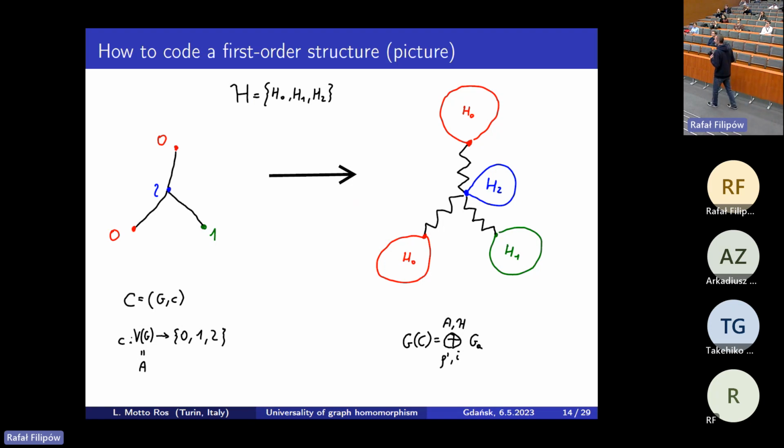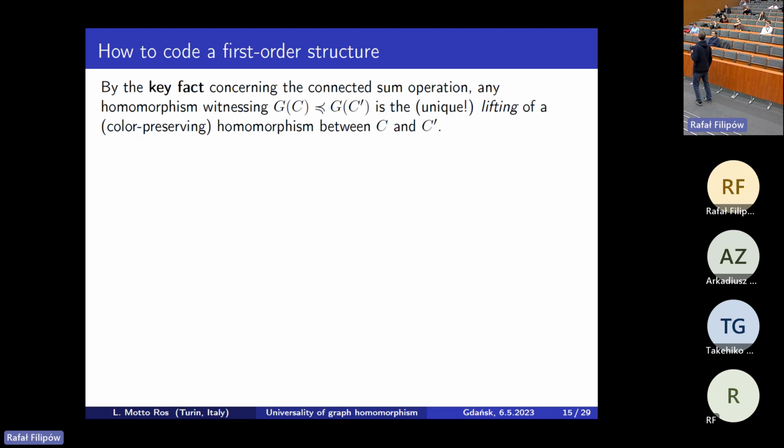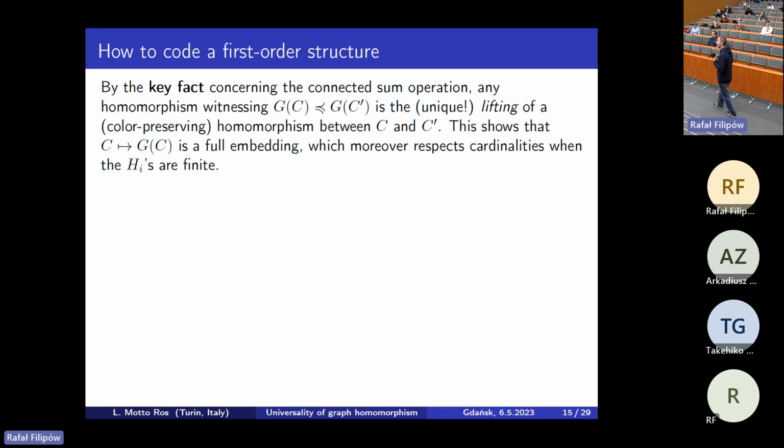Can you imagine something more simple than this? I can't, basically. The key fact is that the rigidity that you add allows you to reconstruct homomorphisms. Of course, if you have a homomorphism between colored graphs, this transfers to a homomorphism between the corresponding sums in the natural way, but also vice versa. If you have a homomorphism between the connected sums, you reconstruct a homomorphism backwards, because the connected sums are made of labels. You look at where each label is sent. Each label must be sent to something of the same type, so you are also preserving the color. H0 must go to H0 and so on. So if you transfer back, you get a map which preserves colors. This is a homomorphism between colored graphs. So that's the coding